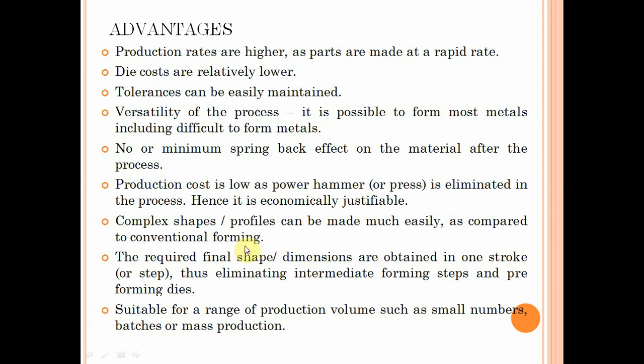See, as we know, in a conventional forming process, if you take forging as an example, it requires a high weight hammer. Also, it requires tongs that heat the material. Then you have to give the shape. That process can take time. These are some disadvantages. By using HERF, complex shape profiles can be made much more easily compared to the conventional forming process. Complex shapes can easily be formed compared to any other manufacturing process.